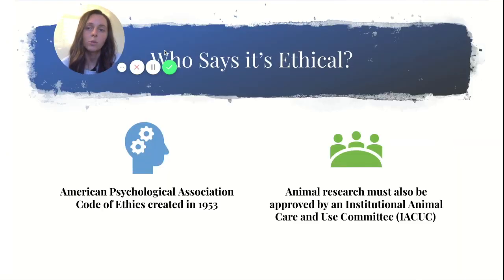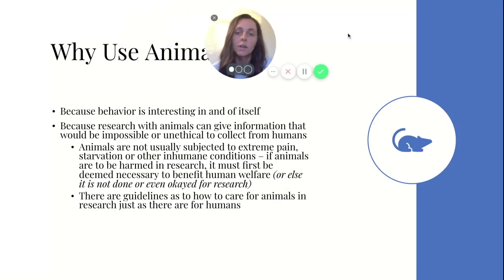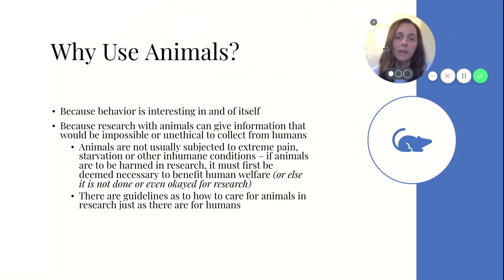Okay, so sometimes we do research with animals. Why do we use animals? Well, because we have to study a lot of behaviors, and sometimes it's easier to do that with animals as opposed to humans. And we do share a lot of the same behaviors. Like, for example, when you are hungry, you eat, right? Both humans and animals do that. When you're thirsty, you drink. So do animals. And so there are some similarities.